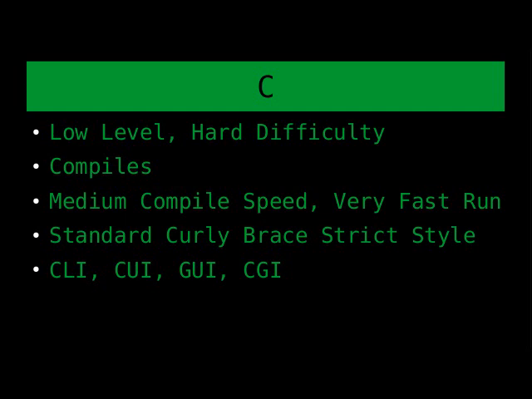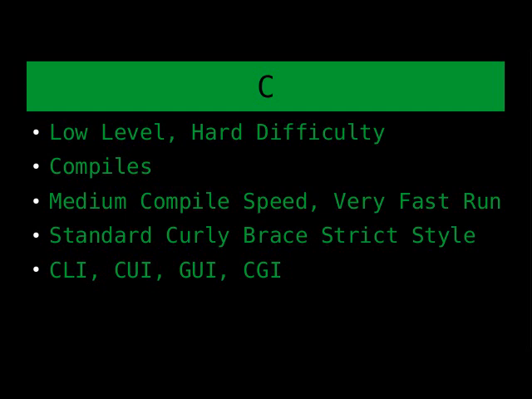They'll use this when there isn't enough space to run a full C++ program. You can oftentimes get away with not running a full C++ program. This is lighter weight and it'll work better for some of that stuff. It has the same uses as C++ in the sense of CLI, CUI, GUI, and CGI, and uses that standard curly brace, strict style programming.